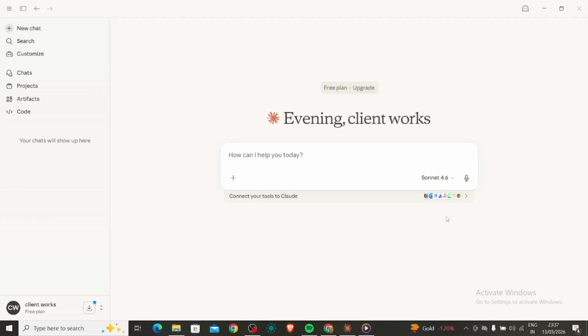In today's video, I'll show you how to create an artifact in Claude AI step by step. Artifacts allow you to generate and view structured content like code, documents, or interactive outputs in a separate workspace. Let's get started. Claude is an AI assistant developed by Anthropic that helps with writing, coding, research, and other productivity